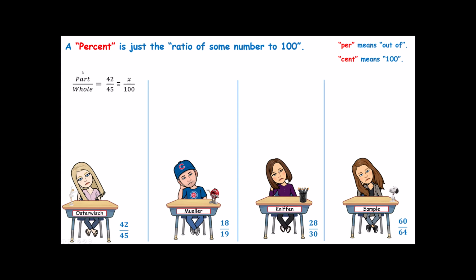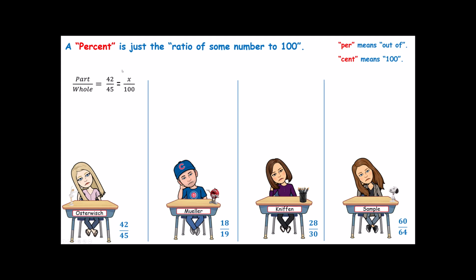Notice that, unlike my proportions unit, I did not write my unit, given, and find here. The reason for that is sometimes we will know these numbers, and other times we will know the percent and we will have to find one of these missing values. So the 42 out of 45 is not always given. The hardest part about this is getting these numbers in the right place, because once I have my proportions set up,